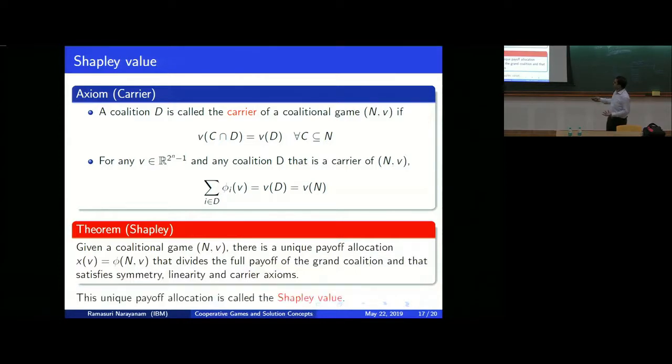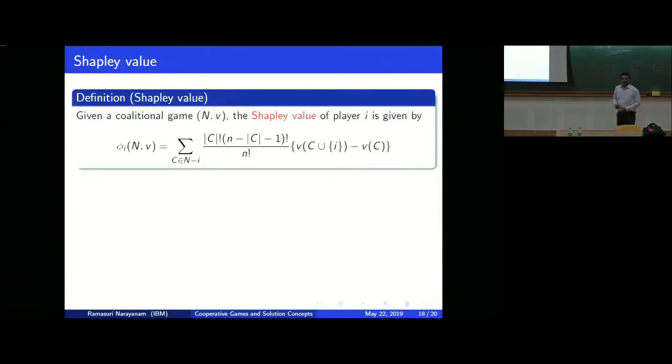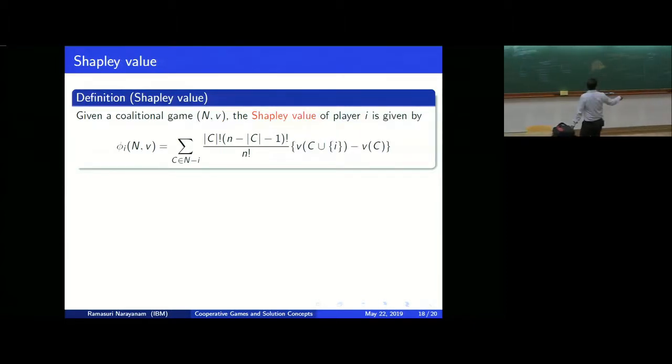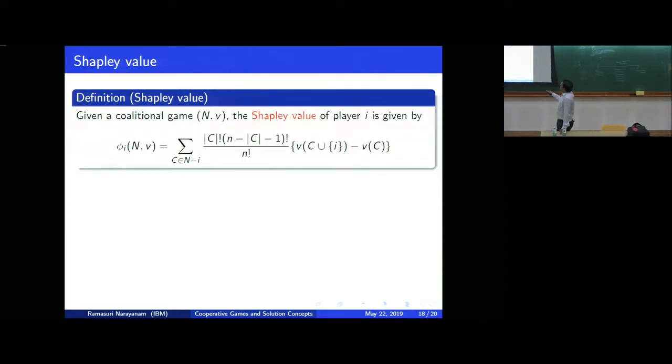So here is the closed form expression to derive the Shapley value payoffs for every player. So x1, x2, etc., xn. So xi is nothing but phi_i in our notation here. So given a cooperative game (N, v), the Shapley value of the ith player is defined by this. So here, if you see the equation, don't worry. It's nothing but